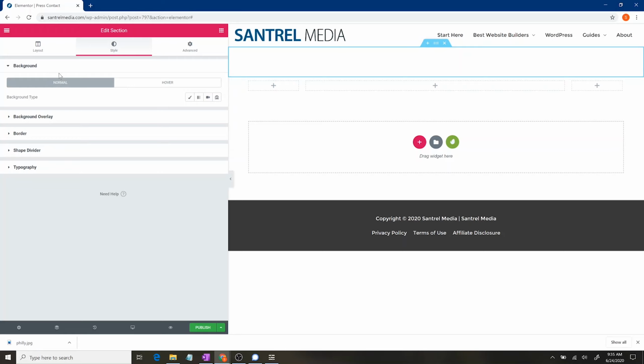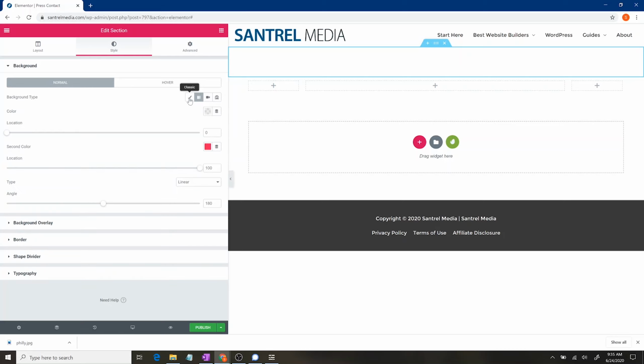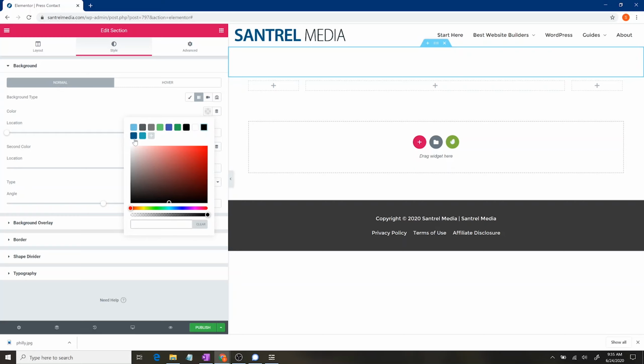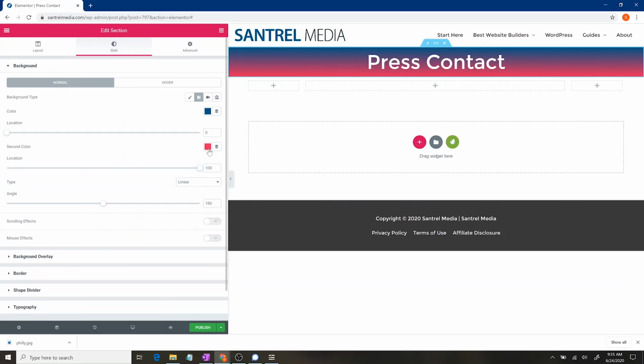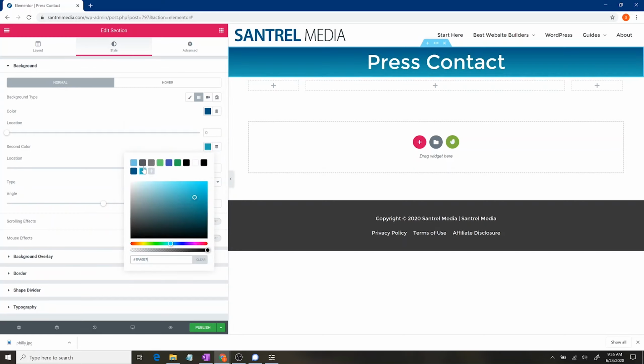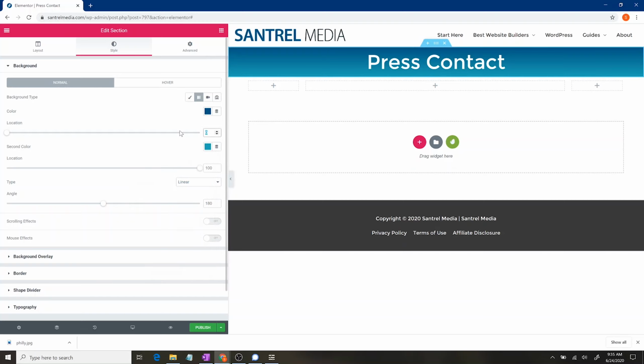Now, for the background, let's go to normal. Make sure you're not on hover. I'm going to go to normal, and let's change the background to a gradient. And maybe the gradient, we want to start with a color. How about this color? This is one that I have saved. And then the second color, let's use as this color, and let's make these, how about 23, 23, and then this one should be maybe 83, and let's change this to 230. So there we go. Now it's looking a little bit better, but let's make that, like I said, a lot